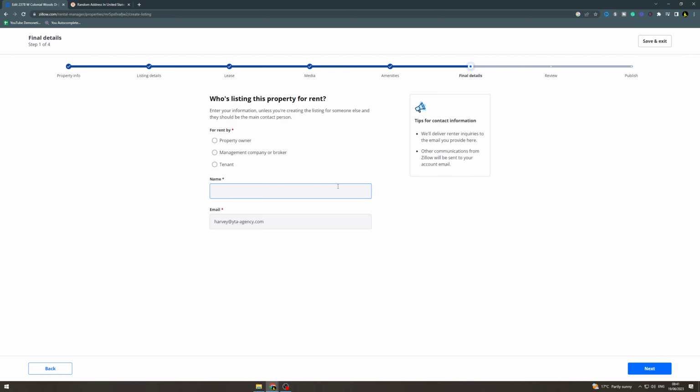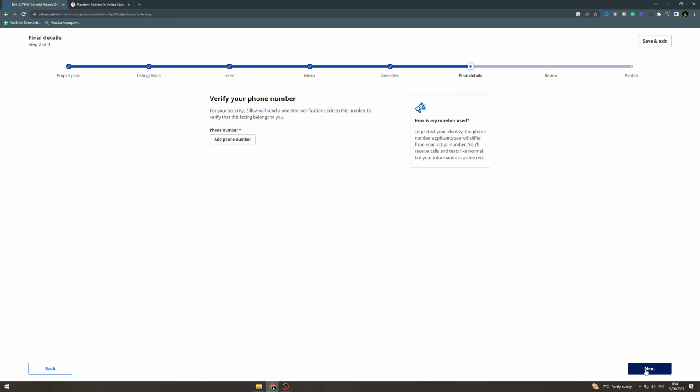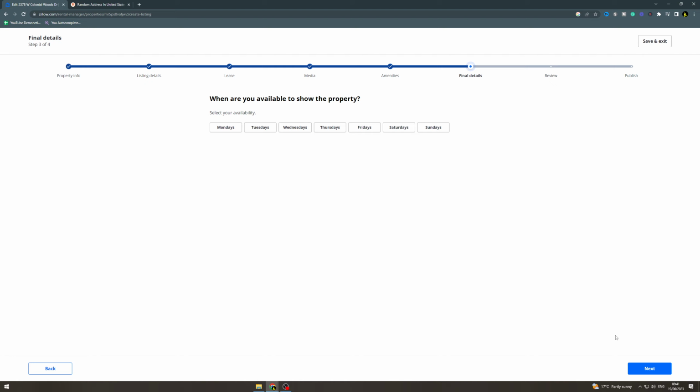Now final details. Who's listing this property for rent? Property owner, management company, tenant, and then you put your name and your email in there. Also, you're going to add a phone number, and it's going to ask you what days you're available to show the property. You hit next,